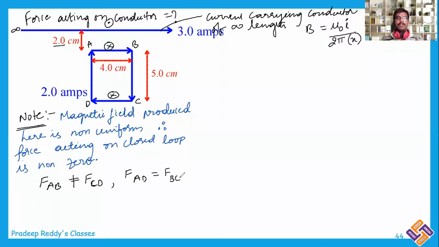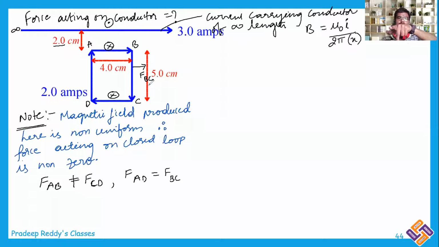As it is vertical, the magnetic force experienced by the AD segment and the BC segment will be identical. So their magnitudes will be the same. Now, if you observe carefully, for the magnetic force upon the BC segment, you should find out its direction. Use the left hand rule. Magnetic field is into the plane, and the current in the conductor is downward. So this will experience a force on the right side, FBC.